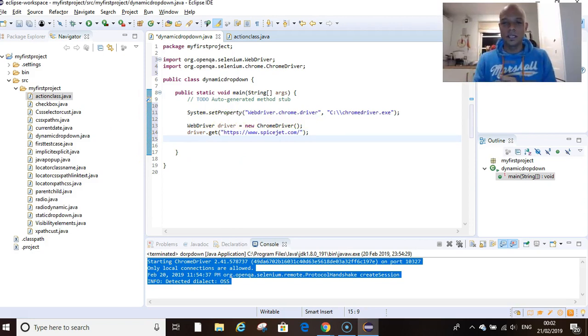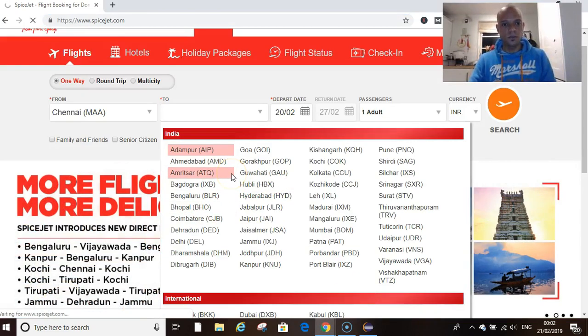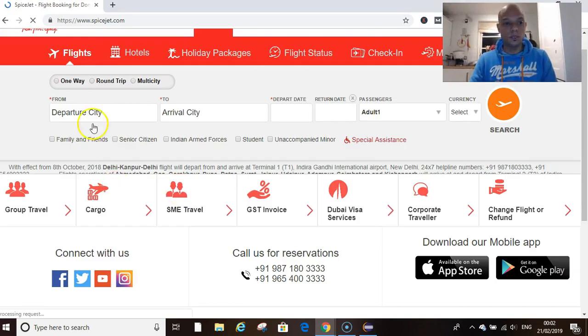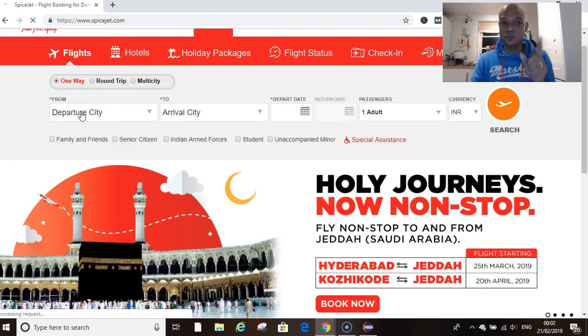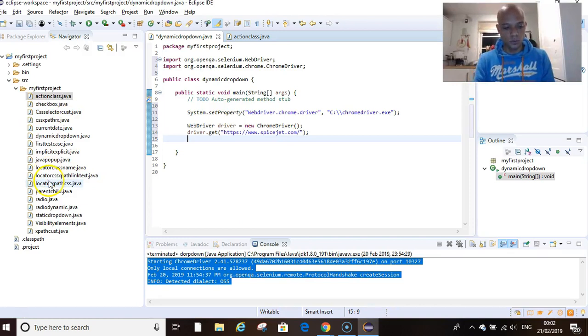If you see the action we did before, let me refresh this. So the first action we want to automate is clicking in the from field. So that's the first action we want to automate. So we head back to Eclipse and we automate that. It'll just be driver dot